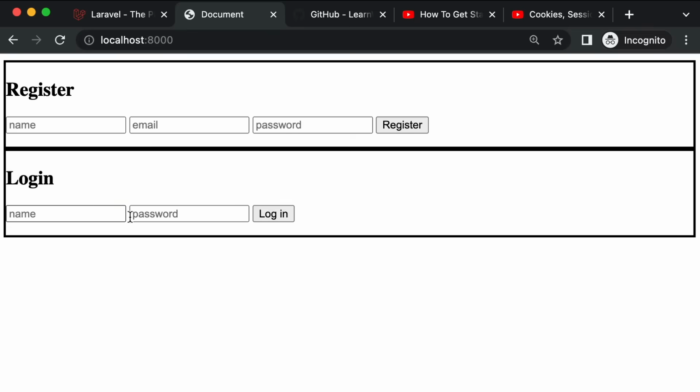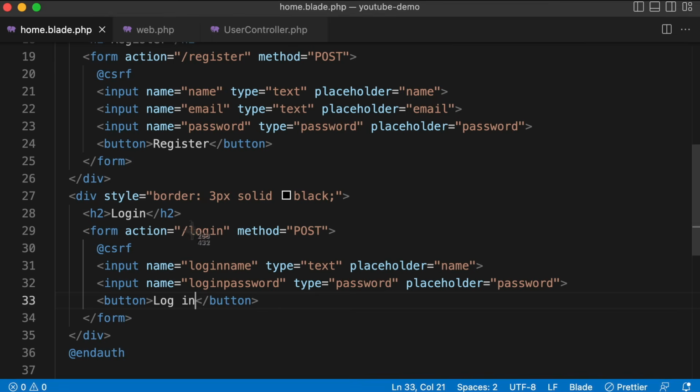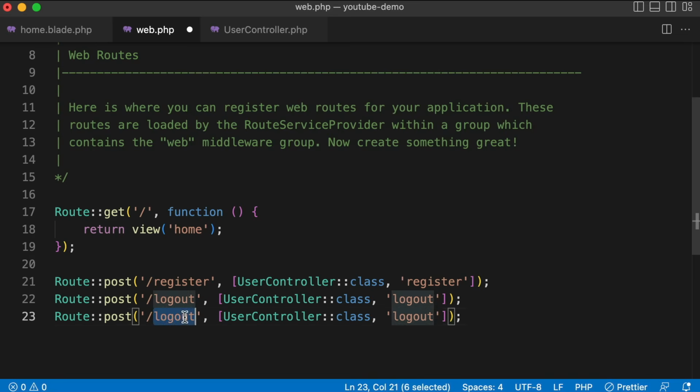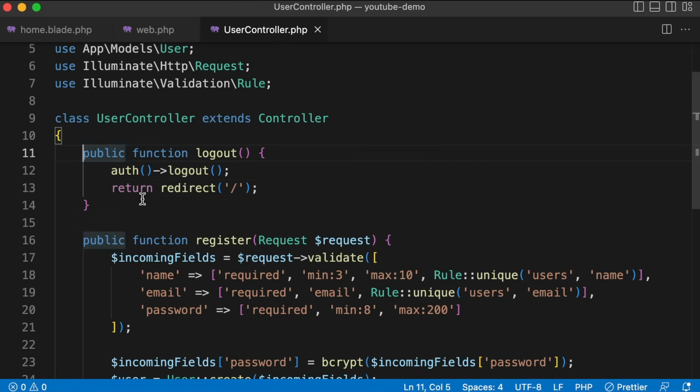Now, how do we make this form come to life? Well, it's going to submit to this URL of /login. So you already know what to do. We're going to go into our routes web.php file, and you can literally just duplicate this line for the logout route. Just duplicate it, change the URL pattern to /login, and the method on the user controller would simply be login instead of logout. So we can save that, then jump into your user controller, and right above this function,